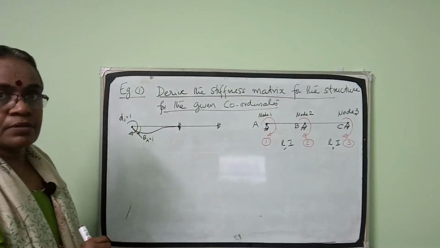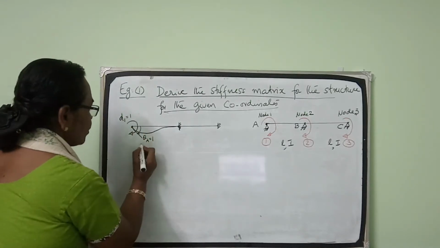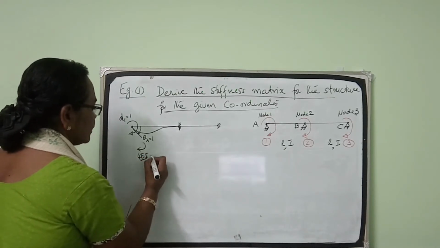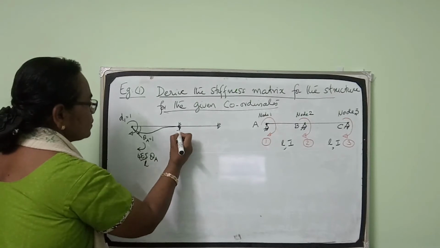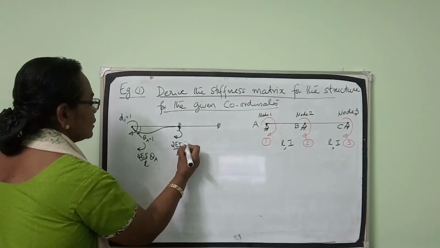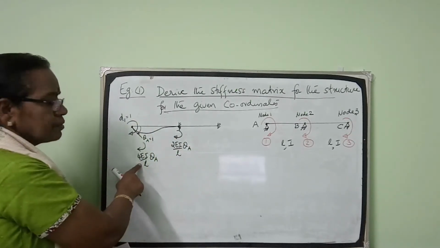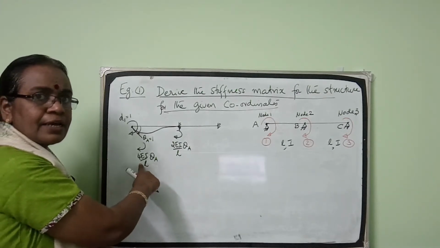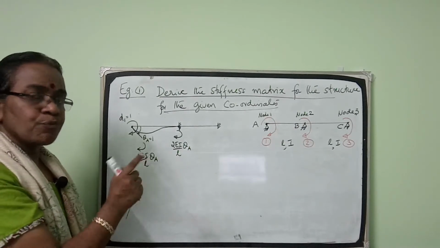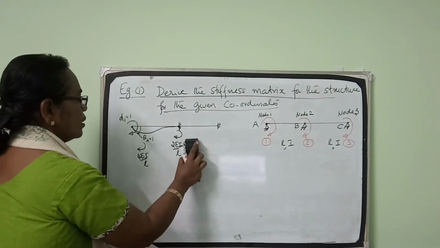You know, from the slope deflection method, when we give unit slope here, the corresponding moment formed here is 4EI by L into theta A. The moment developed here is 2EI by L into theta A. So when we give unit slope at one point, the bending moment developed at the first point is 4EI by L into theta A. The bending moment developed at the other end will be 2EI by L into theta A. When theta A is equal to 1, this moment here is 4EI by L and the moment here is 2EI by L.